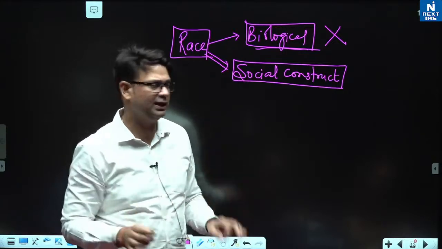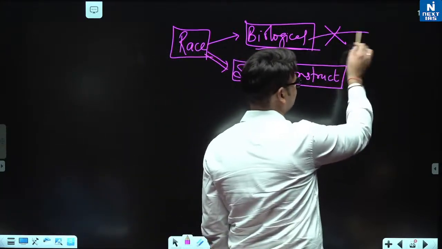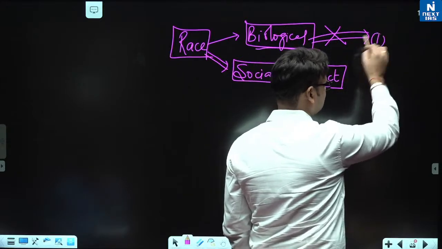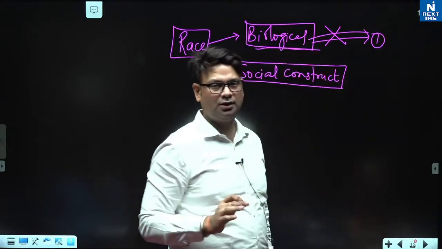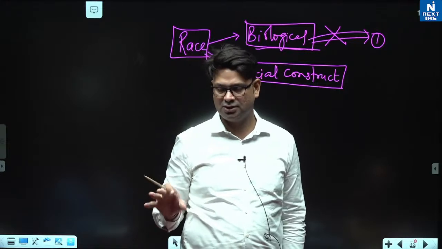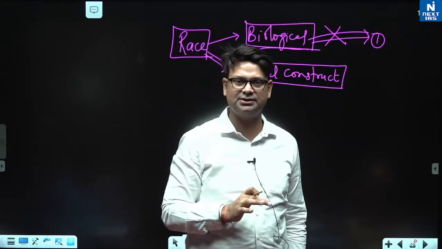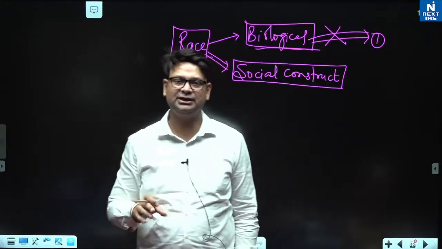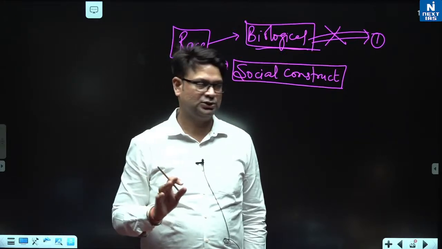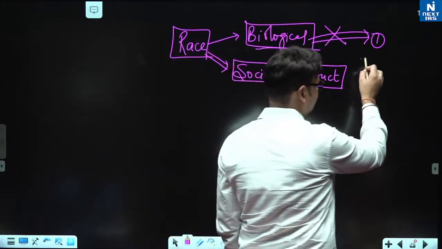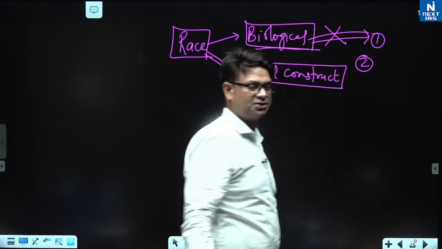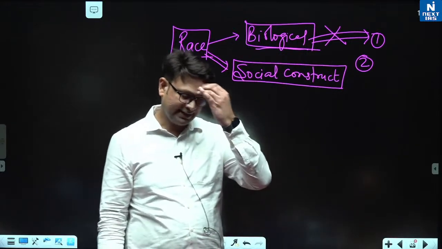Why is it not a biological construct? There are few points. First point is that we all are genetically similar. 99.9% of our genetic material is similar. ठीक है? First point. Second point, why it is not a biological construct? Second important point